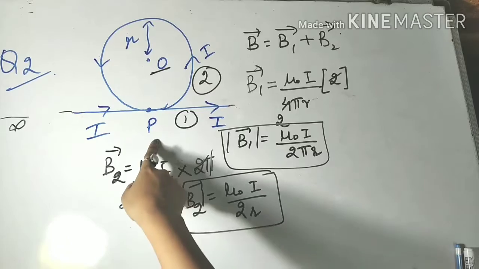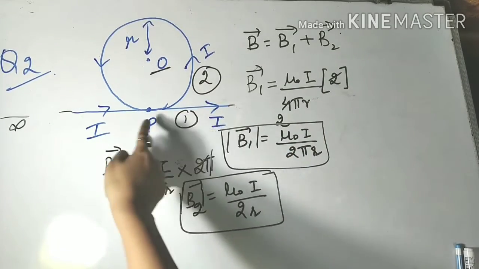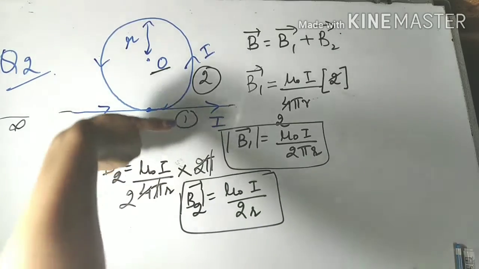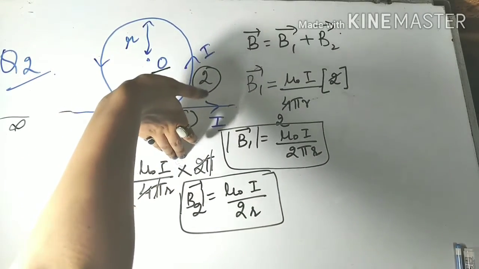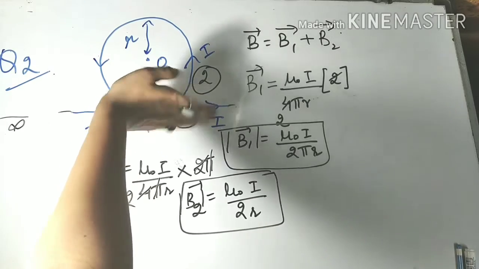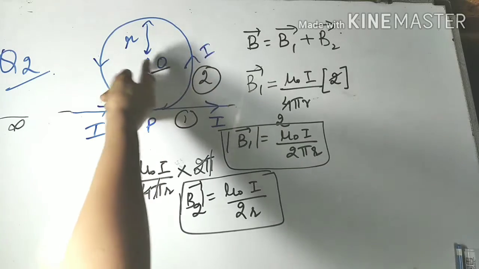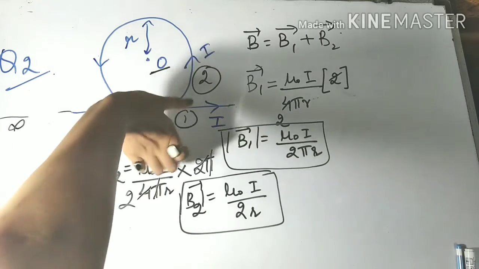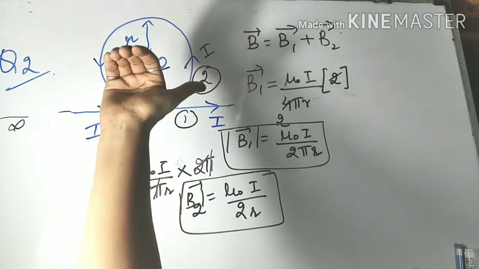So for getting the directions, आप अपने राइट हैंड का यूज करो. पहले ये B1 है. B1 के लिए आप अपने थंब को ऐसे प्लेस करो. तो इस साइड ये अंदर जा रहा है आपकी फिंगर्स, और उस तरफ ऐसे कर्ल करने के बाद ये बाहर आ रही है. तो इसका मतलब जहां पर पॉइंट O है वहां पे आपका जो मैग्नेटिक फील्ड का डायरेक्शन है, that is coming out of the plane.